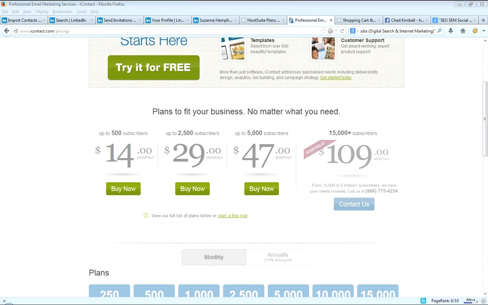Whereas with email marketing, your deliverability is not going to be as high, and probably people are going to be distracted anyway because they're going to be clicking off of that confirmation email to join your group. So depending on your target market, you'll probably get a higher percentage of people joining the group than actually clicking and joining your email list. And you might even get your account canceled, depending on iContact or One Shopping Cart. I mean, they might not like this, so it might be a short-lived account with iContact, but really it doesn't matter